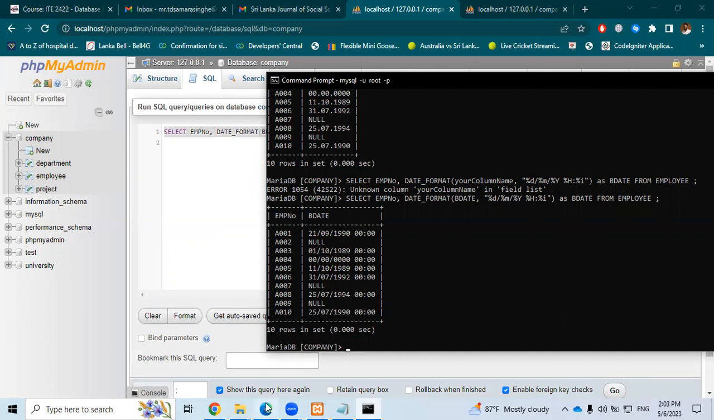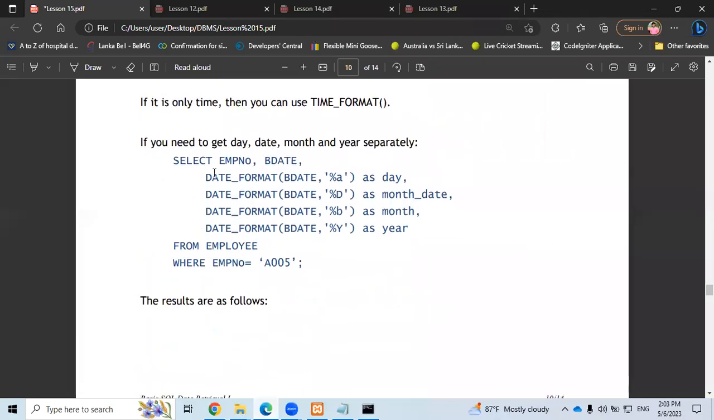Okay, now let's see the next one then. If you need to get date, month, year separately, you can do it like this. So let's copy this one